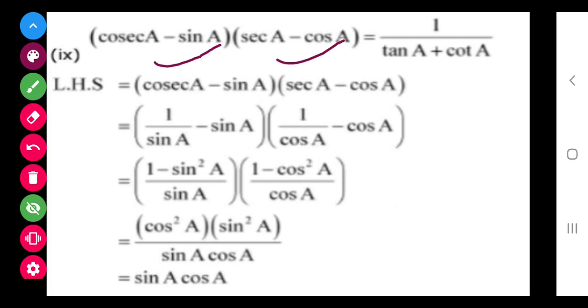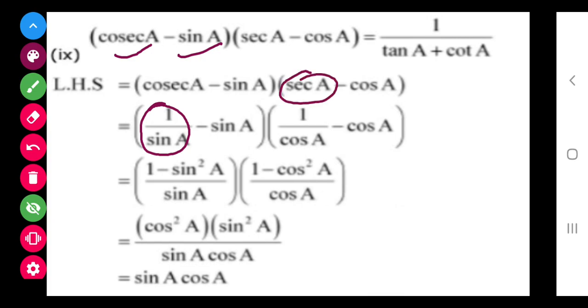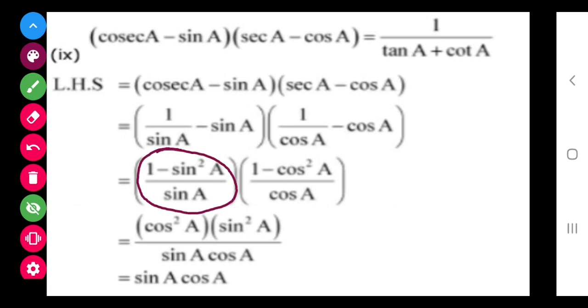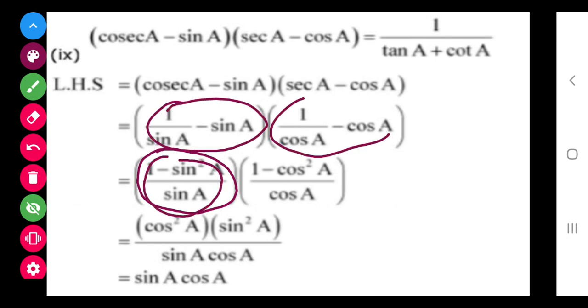This is the part and this is the part. Let's solve this. Now in this first thing we can see that this is sine and this is cosec. So it is also converted to sine, and sec can be written as 1 upon cos A. Now taking LCM and solving, it has become this. On taking the LCM of the above, it will become this, and taking the LCM of this, it will become this.